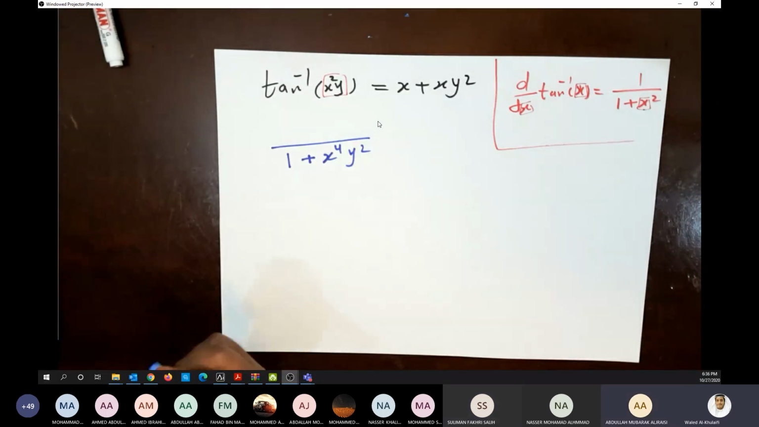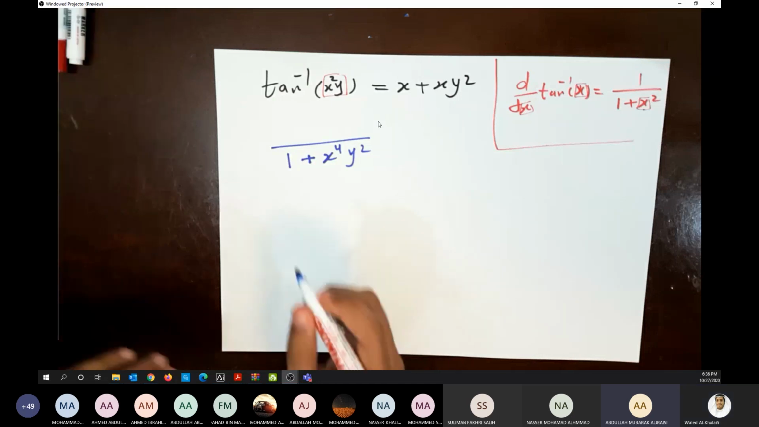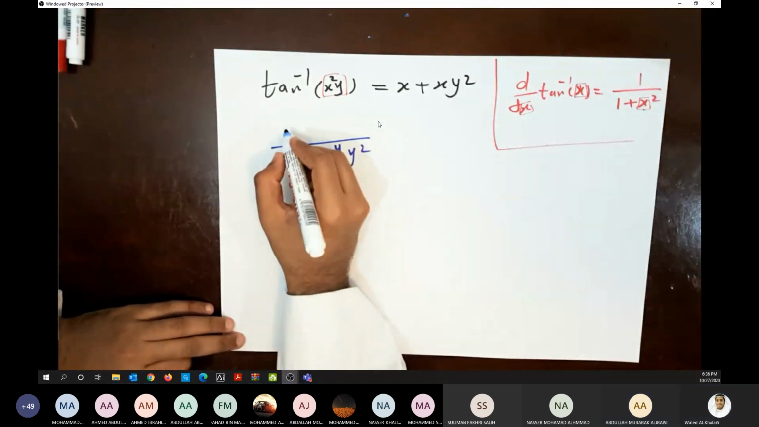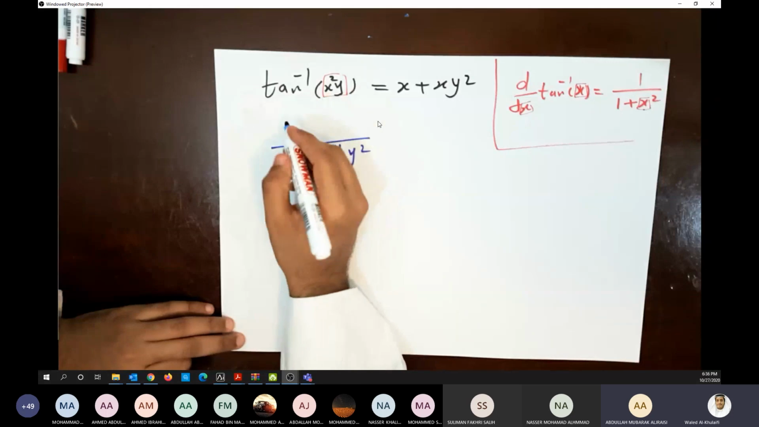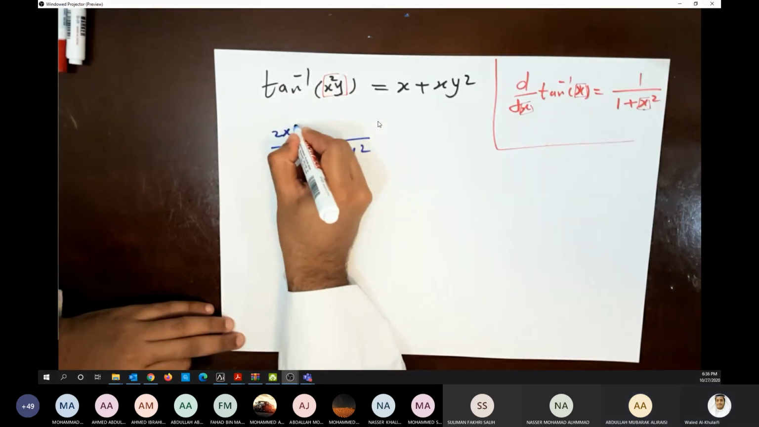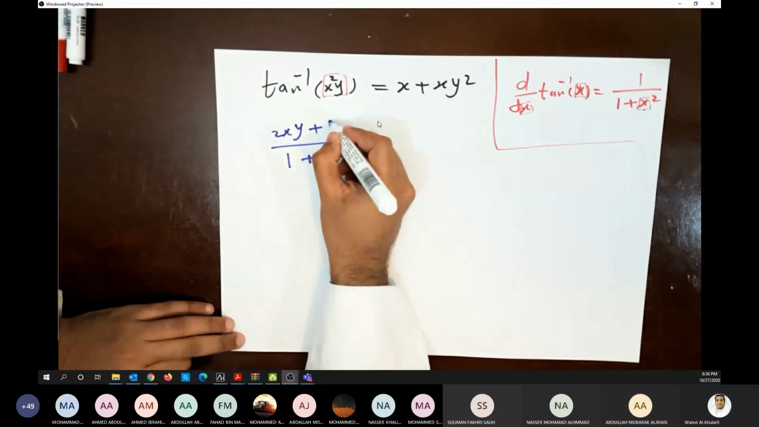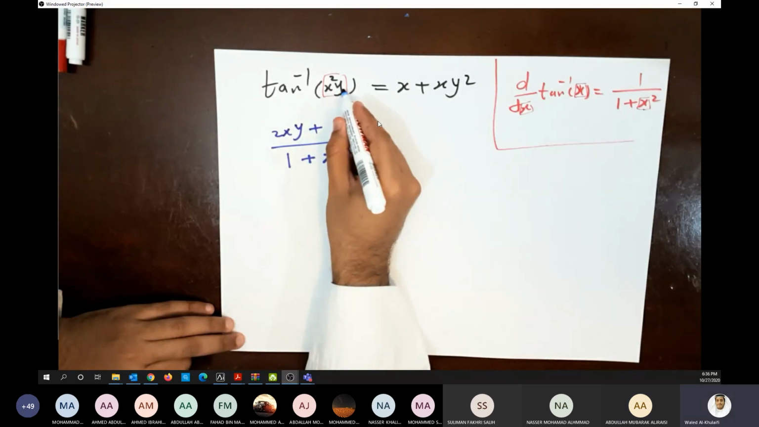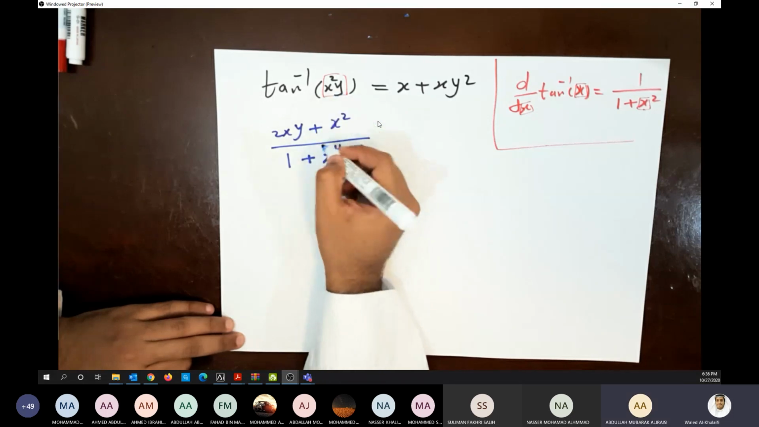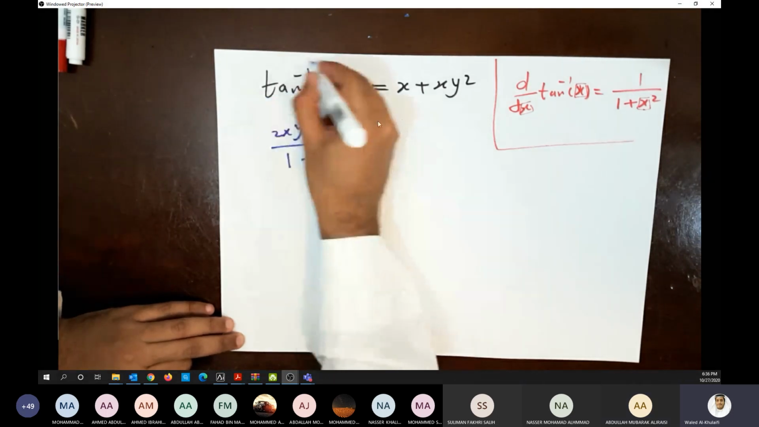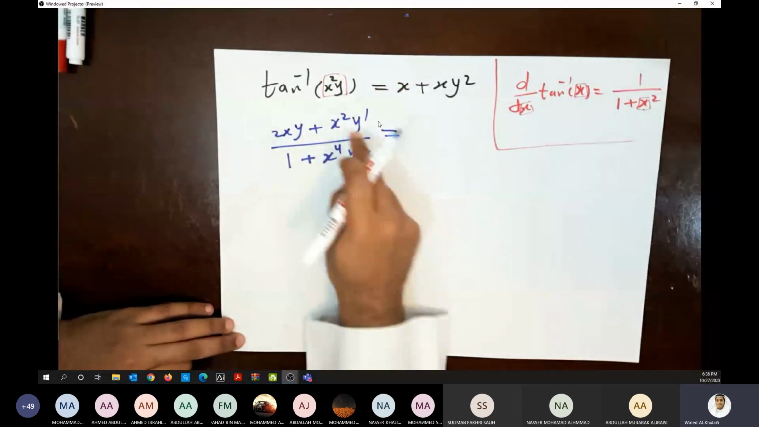Next, we multiply by the derivative of x squared times y, which is first times the derivative of the second. So you can say y plus the derivative of the first times the second plus the first times the derivative of the second. What is the derivative of the second? y prime, yes. So we are done with the left hand side. This is the result. Equals